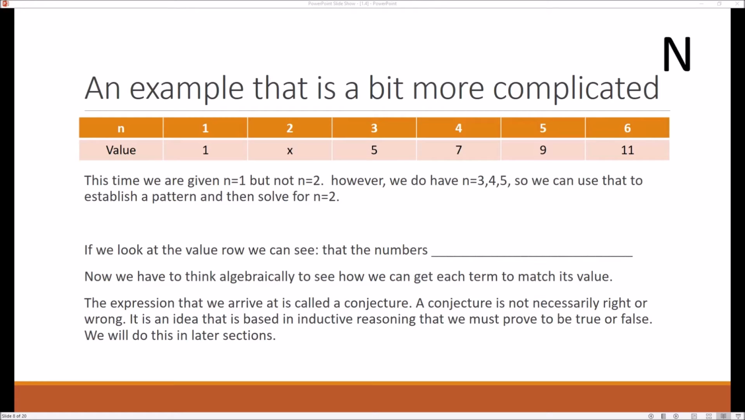It doesn't mean it's wrong. This is the very basis for proving that something is true. This is the very basis for proving something is false. Alright, so